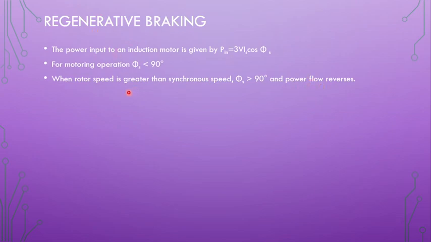In the braking concept, what we are doing is this: when the motor is running at a certain speed at a certain load, let us say we need to stop it, then we suddenly reduce the supply frequency. If the supply frequency is reduced, the synchronous speed will be less. Then the rotor, because of inertia, will continue to rotate at a speed that is greater than the synchronous speed, and thus regenerative braking can be achieved very smoothly.